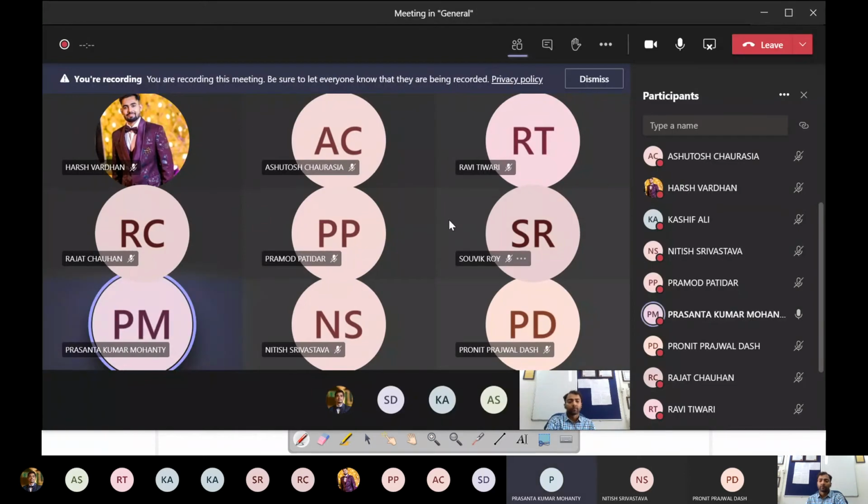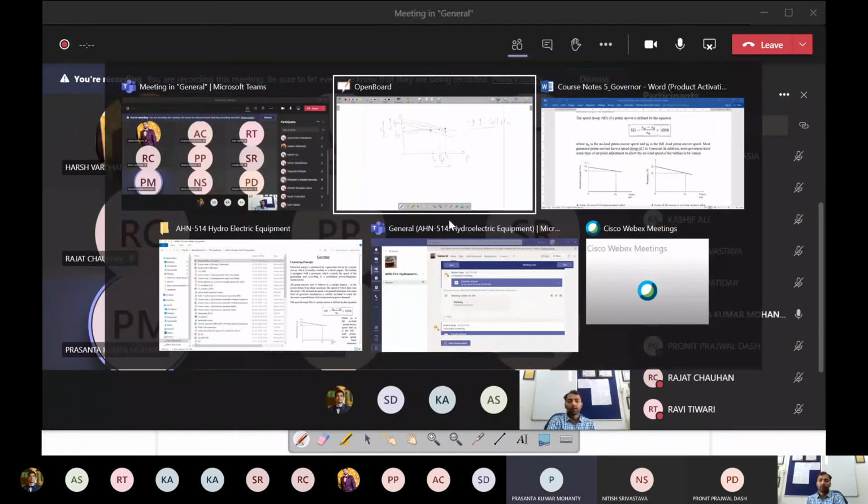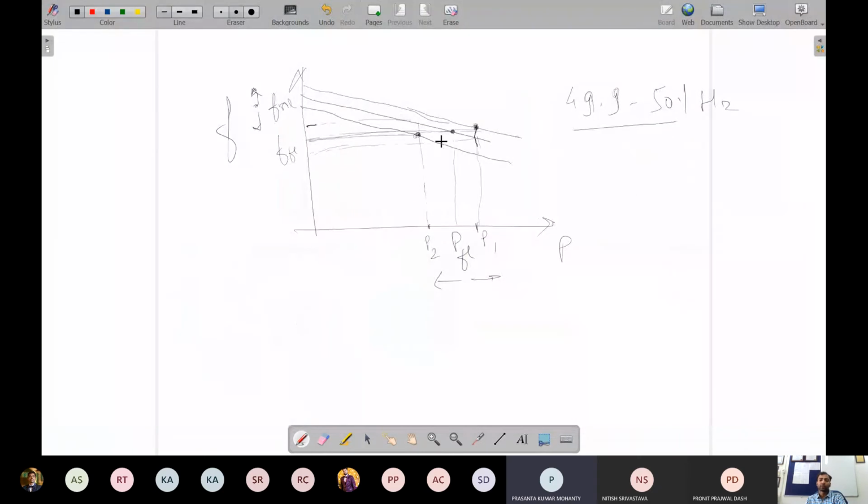And sir, the slope will be constant for a particular turbine? Very true. The slope will be constant. Depending upon the construction parameters, this slope will be constant. It will only shift parallel. That is for a given turbine generator set, this will be constant. If you vary the construction parameters, the slope will be varied. Okay.